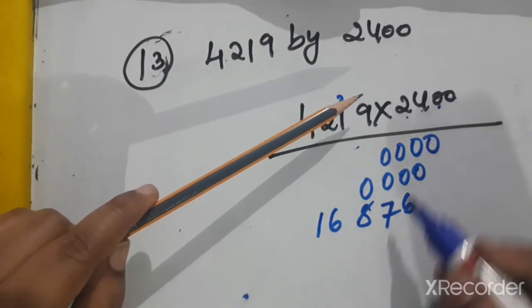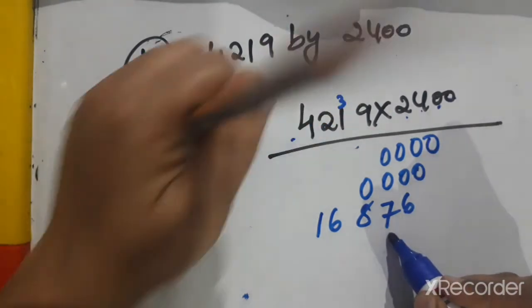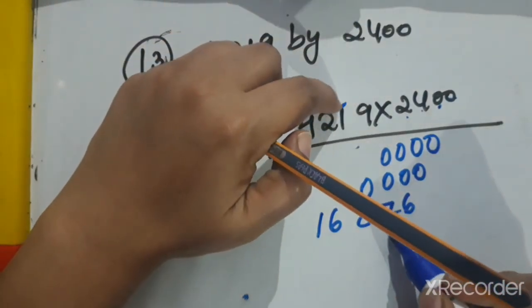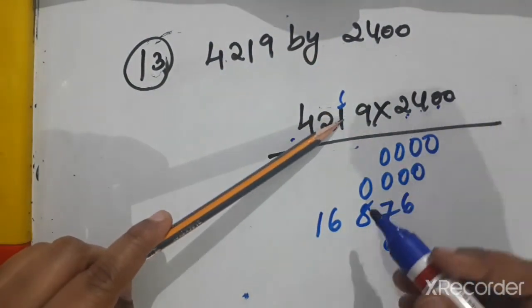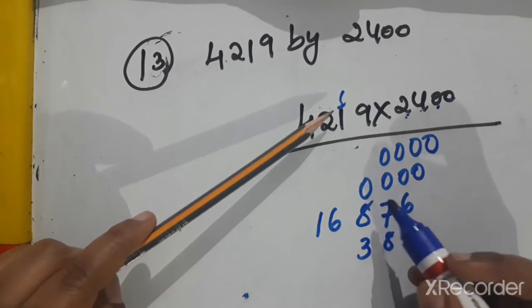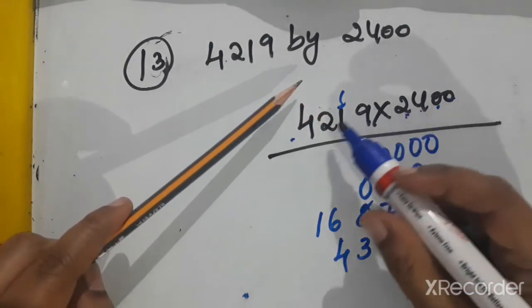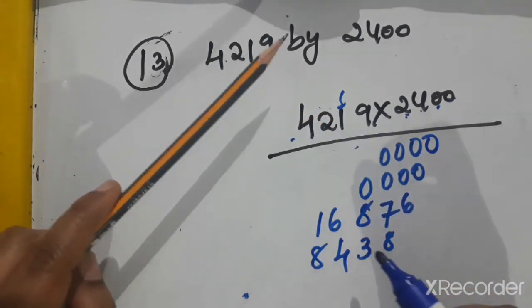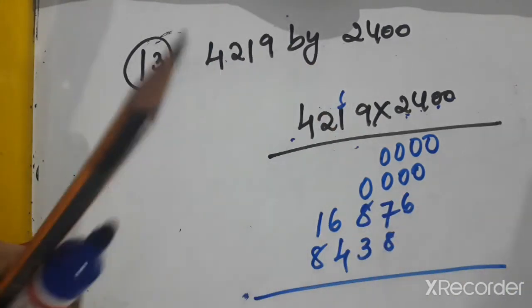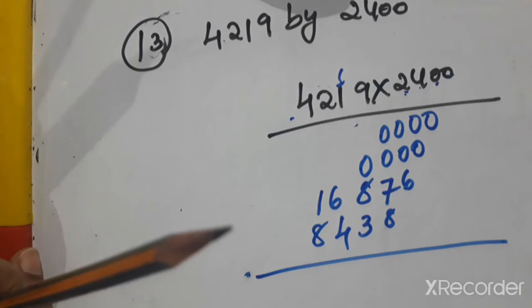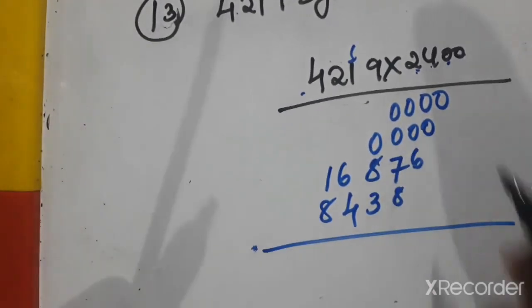Now with 2 we have to multiply. Leave one space and write, children. 2 9s are 18, so 8 here, 1 carry out to next place. 2 1s are 2, 2 plus 1 is 3. Then 2 2s are 4, and 2 4s are 8. 8,438 and 66. Okay. Find the total now.